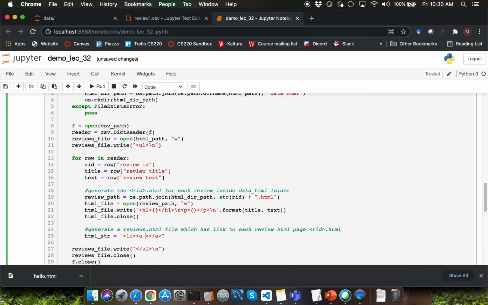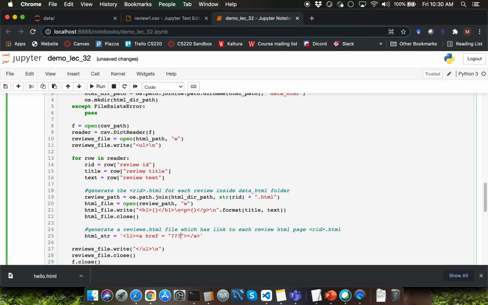Within the open a tag, we'll have to mention the attribute name as href. And I'll have to type in equal to and then double quotations. Observe that I'm using double quotations to represent the entire string here, so I'll have to use the escape sequence character to escape the double quotation within the string. Or I can use single quotations to represent the outer string over here, and I'll be able to write the inner double quotations without any escape.